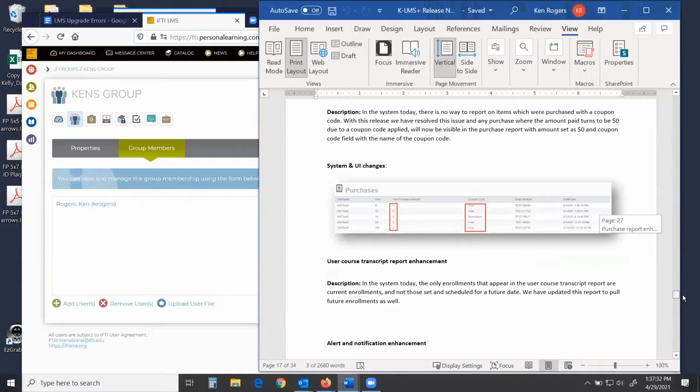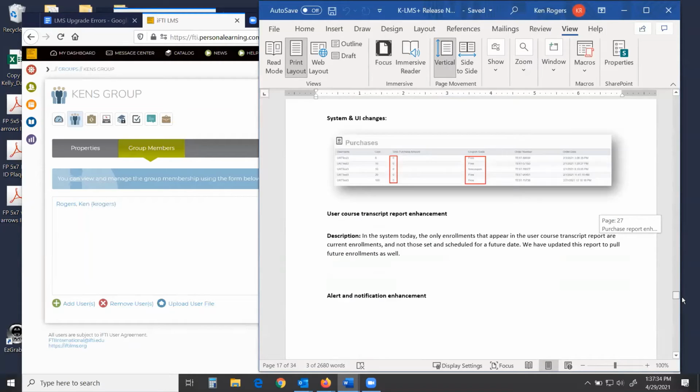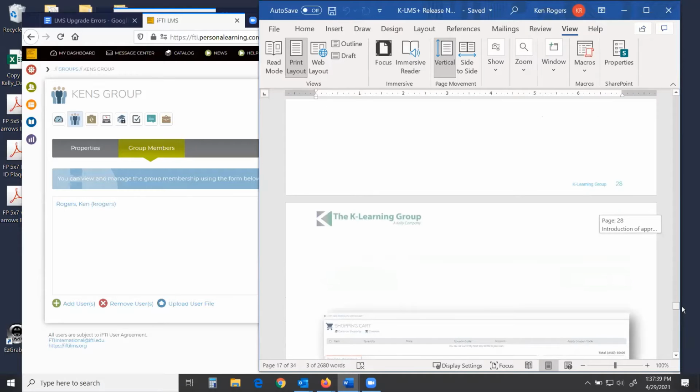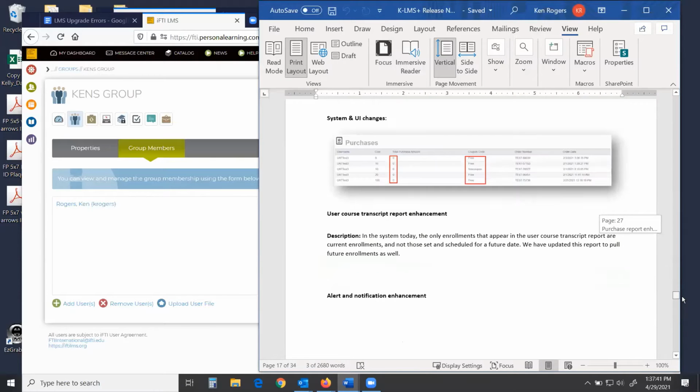As they go through, you'll be able to see that alerts for different areas will pop up and where they show up. Once you start using the system a little more, with alerts for instructor-led training or adding people or things that need to be taken care of by administrators, the alert section has been updated as well.